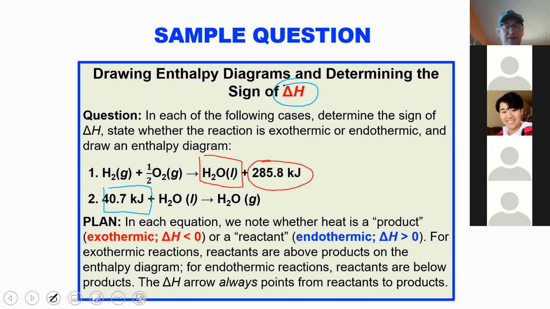And so the delta H arrow points from reactants to products, right? So if we're moving from left to right, if we're calculating delta H,